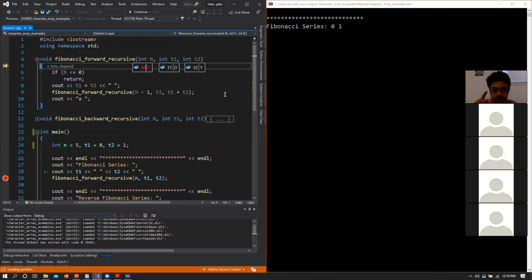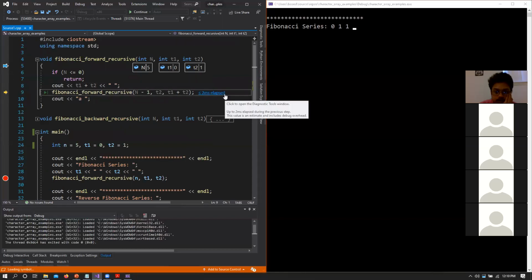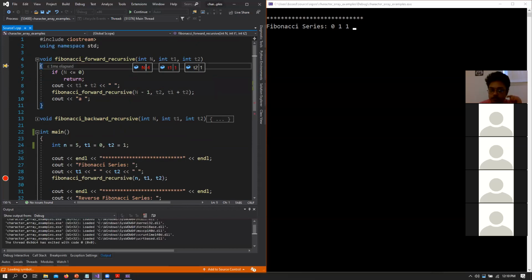You can see n is 5, t1 is 0, and t2 is 1. So we check if n is less than 0. It's not. We print out the value of t1 plus t2, so it prints out 1, and then it calls itself again.